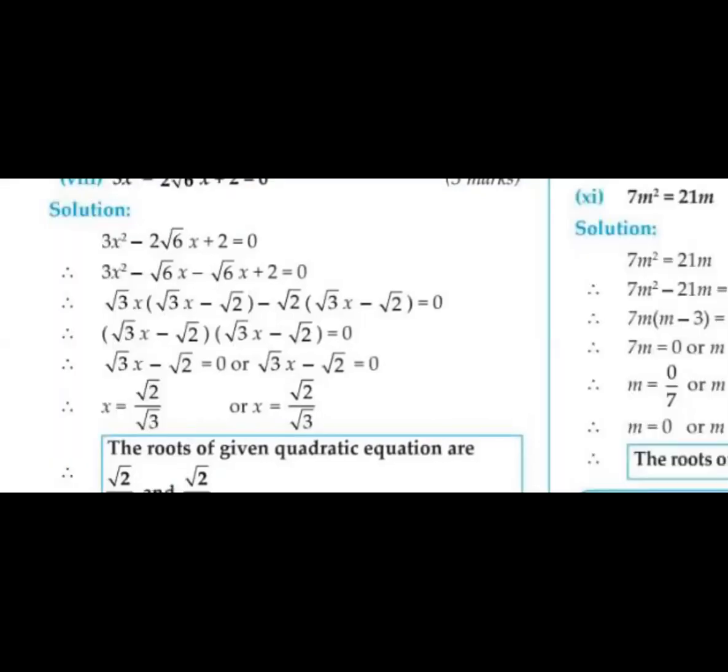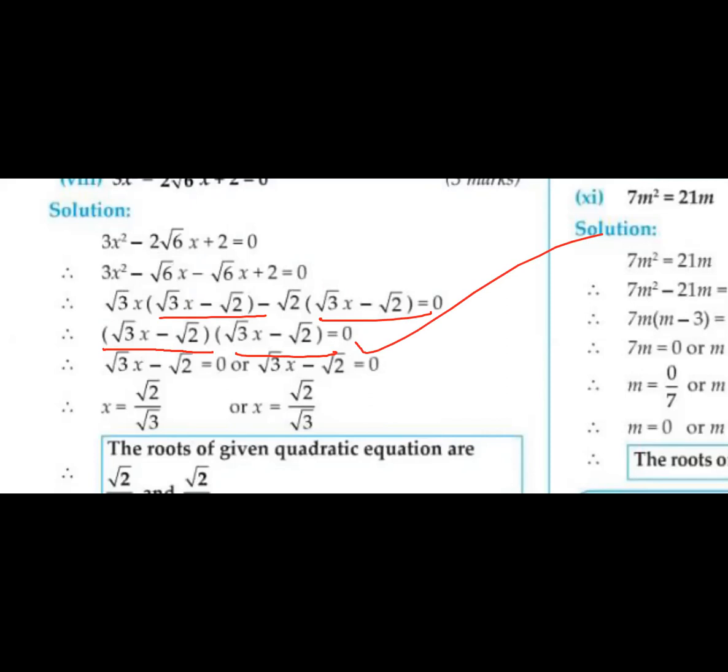Okay. So take root 3x square. So root 3x as a common, root 3x minus root 2. And in these two terms, we can take root 2 as a common. So 3 times 2 is 6, 2 times 2 is 4. So the same root 3x minus root 2 is common here, and the last term root 3x minus root 2 equals to 0. So root 3x minus root 2 equals to 0, and root 3x minus root 2 equals to 0, because it's twice. So x equals root 2 by root 3. This x is also root 2 by root 3. So your answer is,